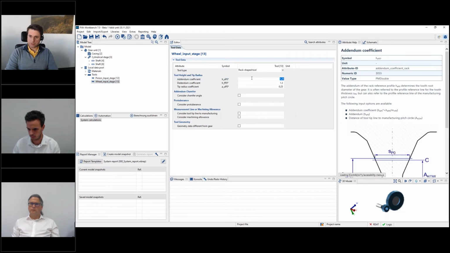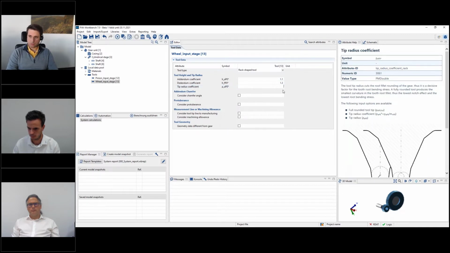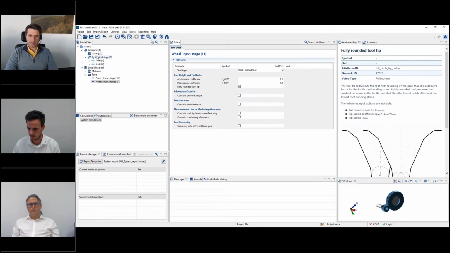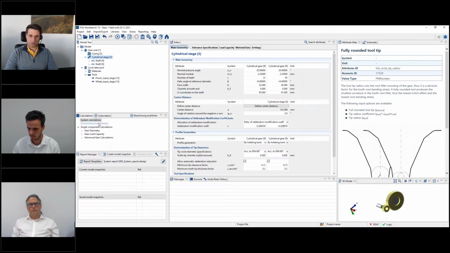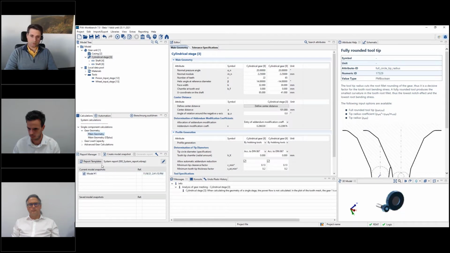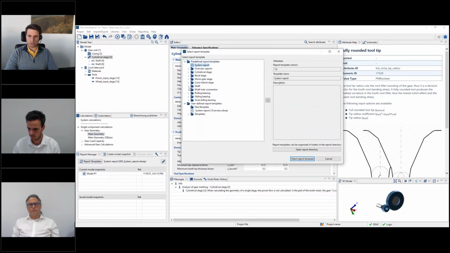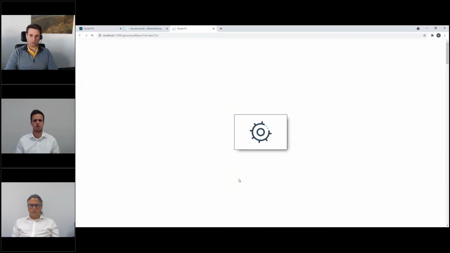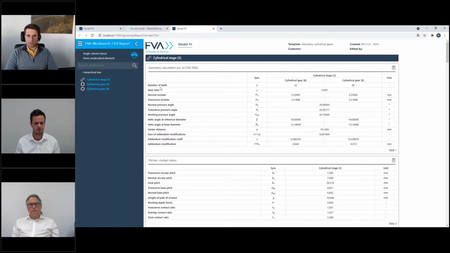There I have an addendum coefficient of 1.1 and a dedendum coefficient of 1.3. It should be fully rounded again. And this enables me now to run my first calculation, a gear geometry calculation. In order to show the results, I'm choosing the gear geometry report template, and I'm selecting the results